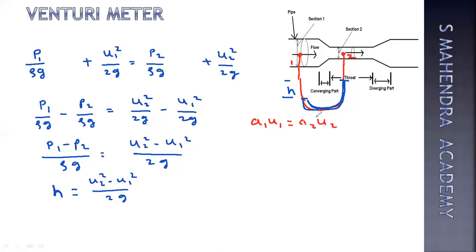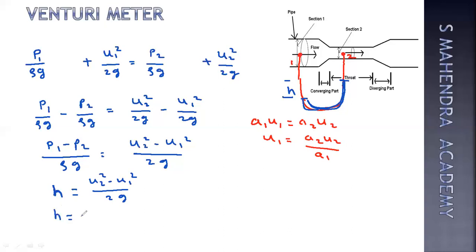So if we reduce this equation for U1, it will become A2 U2 upon A1. And if we substitute this value of U1 in the equation for H, then we will get